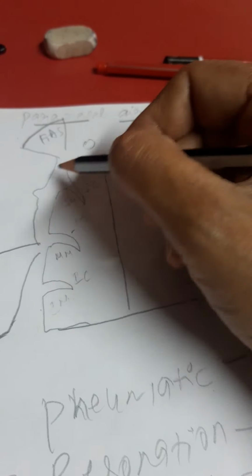Of these, the size of the ethmoidal air sinuses is very small. Here this is posterior, this is middle, this is anterior. When you look at the size of the frontal air sinus, it is quite big, and the maxillary air sinus is also quite big. We need a separate diagram to explain the sphenoidal air sinuses, which I will write separately. So now you are seeing the location. Now let us learn about the frontal air sinus first.